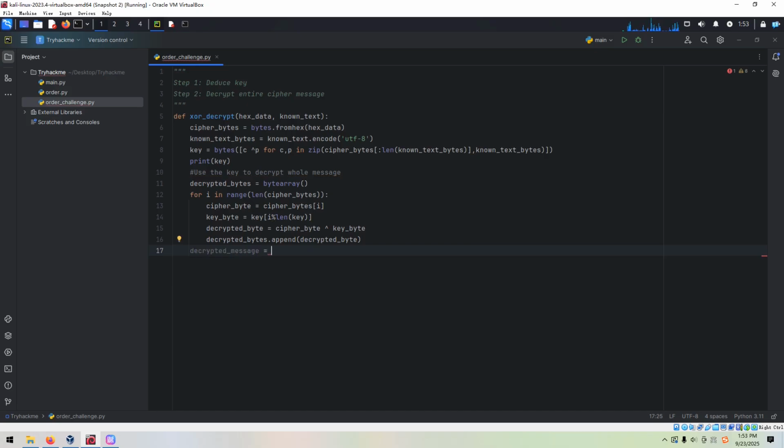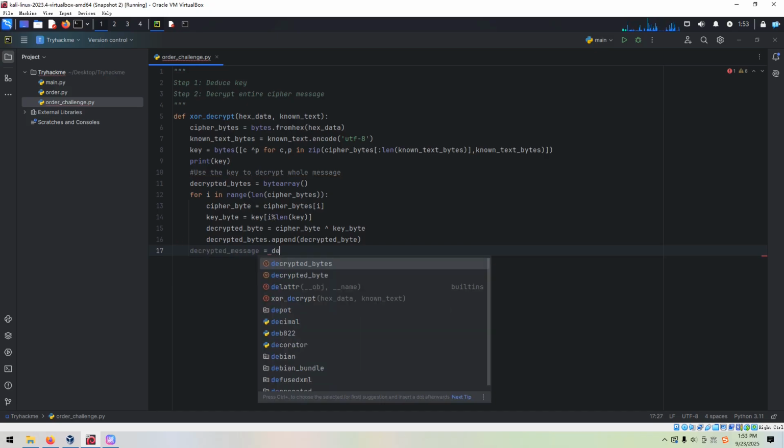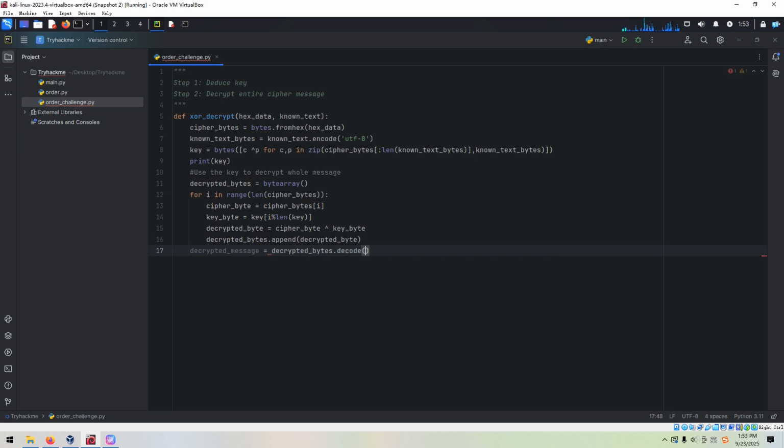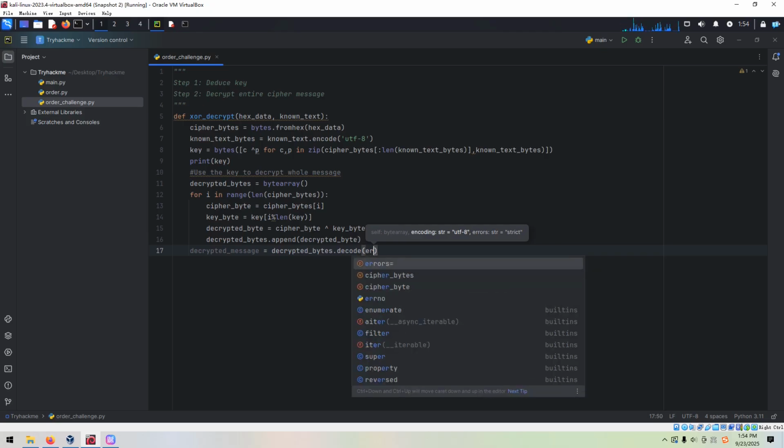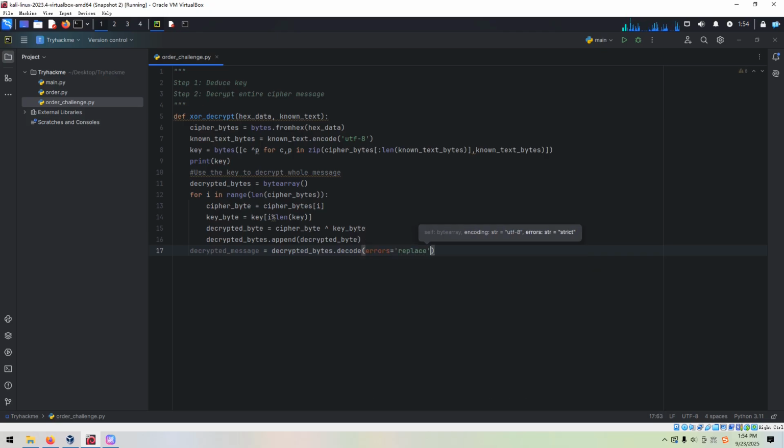We can use the decode. But if we have a problem to decode, we can use this option errors to replace, and then we can return this decrypted message. So up to this point, we have already defined the function XOR decrypt, and then we